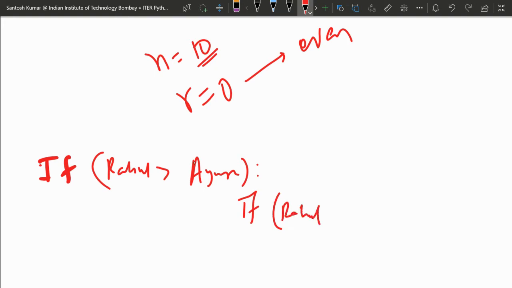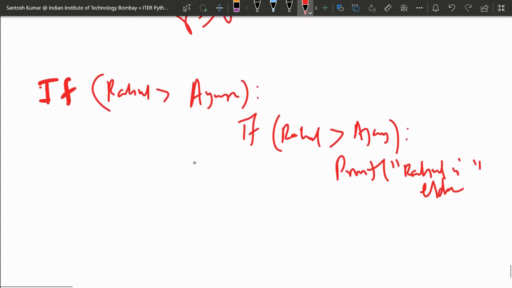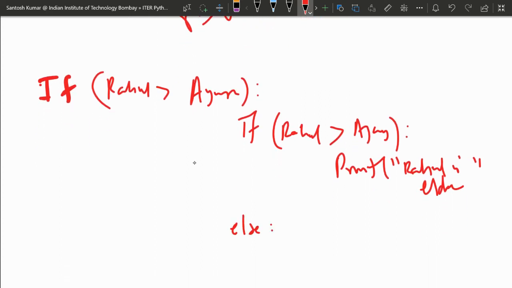I'm using a capital letter here, but there it is a small letter. In that case, we have printed that Rahul is elder. Now I'm asking you, in the else part, what should I print? How will you decide?